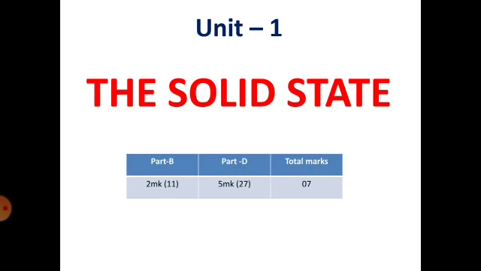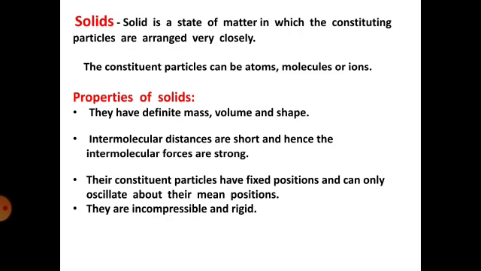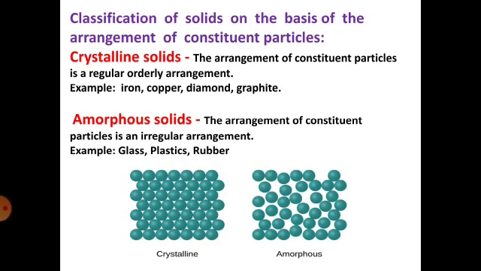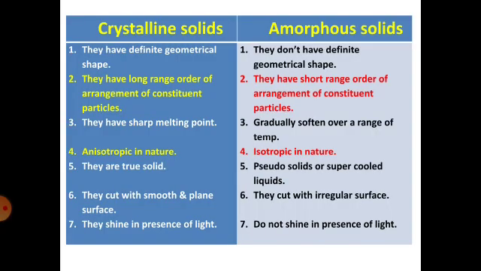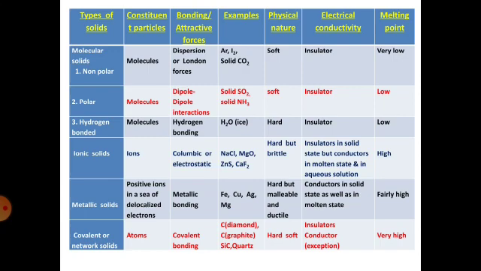Students, in our last video, we studied the solid state, where we discussed the three states of matter, that is solid, liquid and gases. Also, we studied the properties of solids and the types of solid, that is crystalline solid and the amorphous solid, the differences between these two types of solids, the isotropic, anisotropic and polymorphic nature of a solid, and we ended the video with the types of crystalline solid. Students, I hope you understood all the points. If you do not, I request you to watch the video once again.